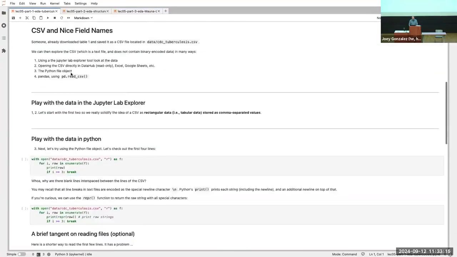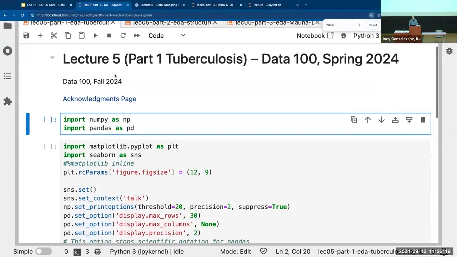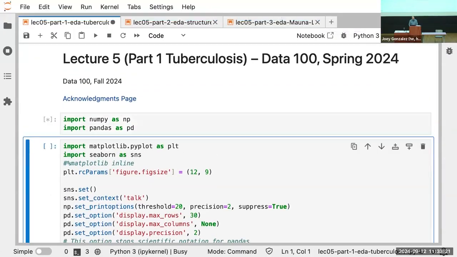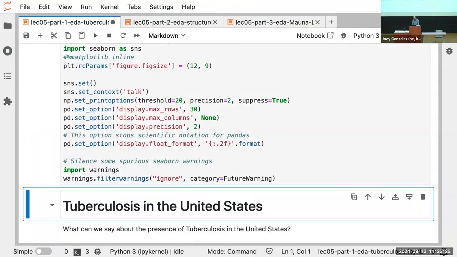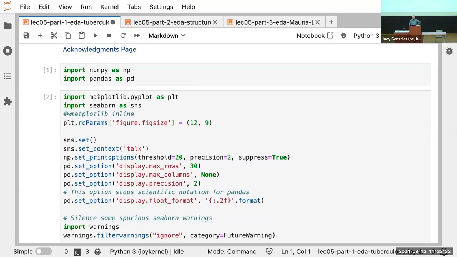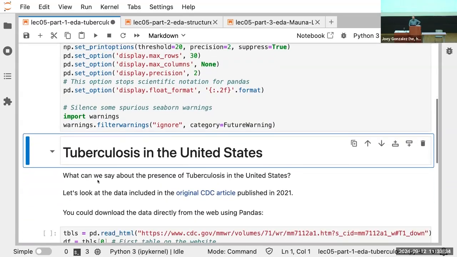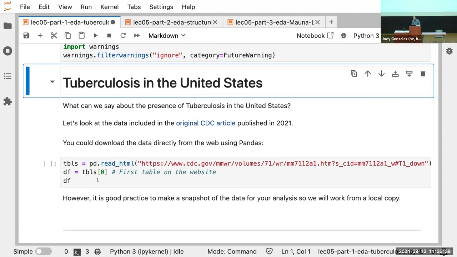All right, so these should all be posted so everyone can try to follow along. Let me zoom in a little bit. All right. So lecture 5, part 1, tuberculosis. All of these lectures begin with some imports. I'm just importing them. You don't really need to understand what's going on in these right now. But if you wanted to learn some more Python, maybe figure out what each of these things is doing. Probably don't need most of them, but we'll start here. All right, so I've imported some stuff.